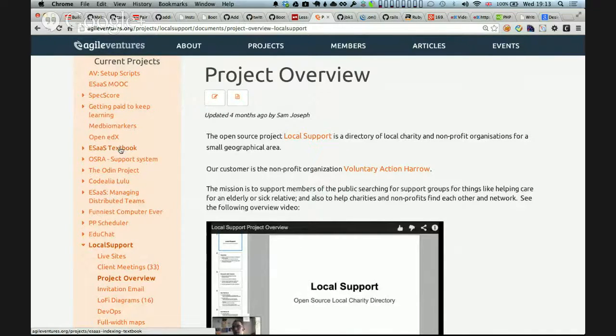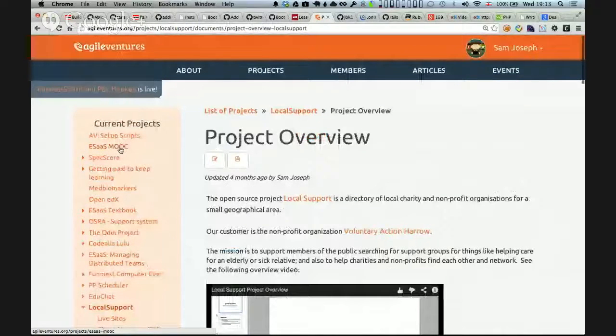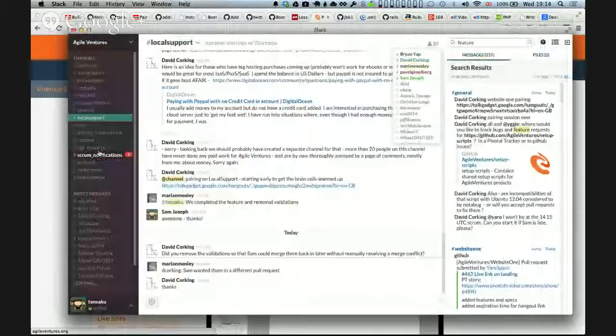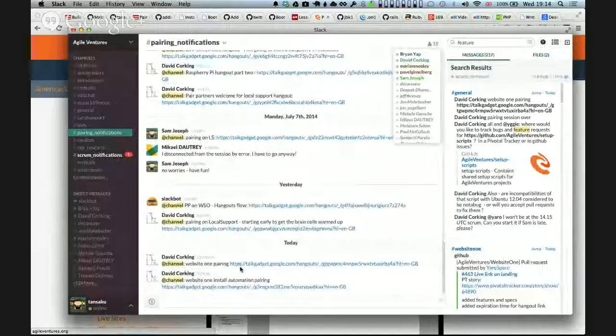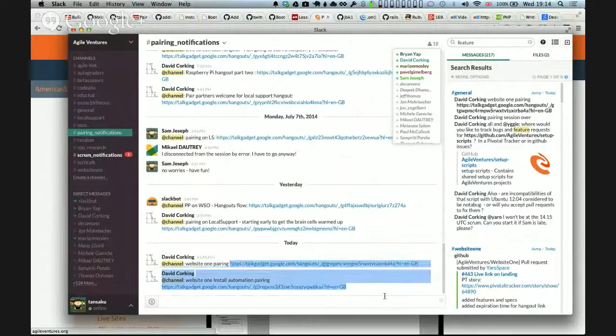Well, the mechanism would be to keep attending scrums and keep trying to pick up what's going on. For example, after the scrums, people pair on programming on these projects. Today after the scrum, David and others paired on the website one project, and they posted the Yes, but